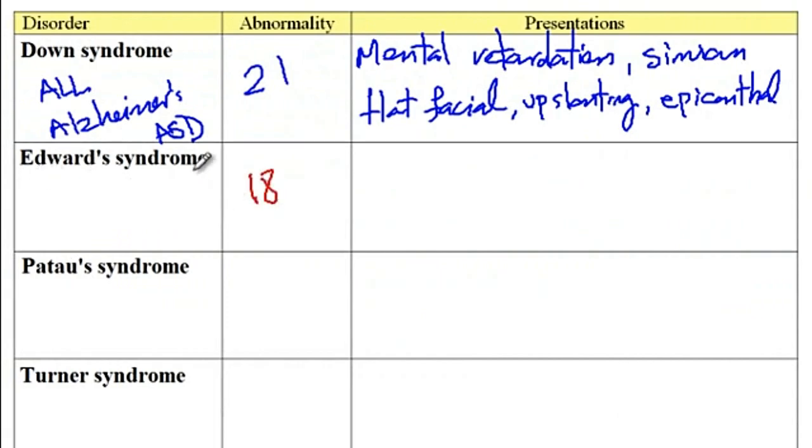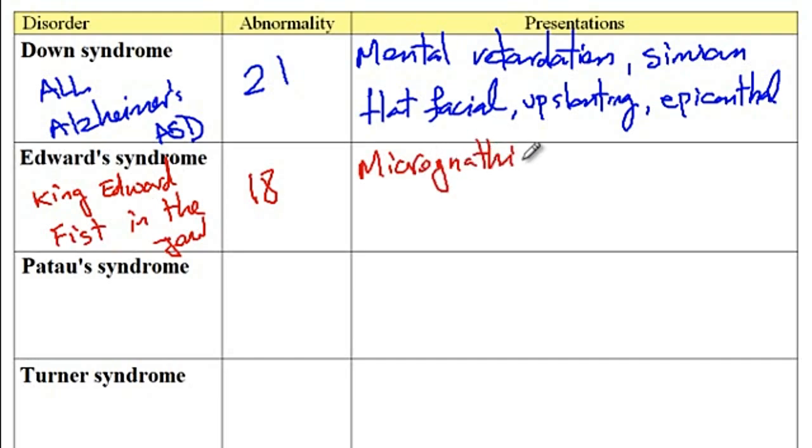The next disorder is Edwards syndrome, which is from trisomy 18. And the way I remember features of Edwards syndrome is that I always remind myself that King Edward is punched with a fist in the jaw. So King Edward is punched with a fist in the jaw. So features of Edwards syndrome, which is trisomy 18, include